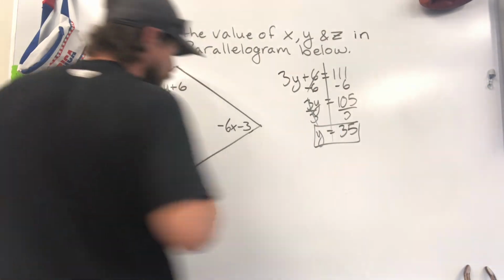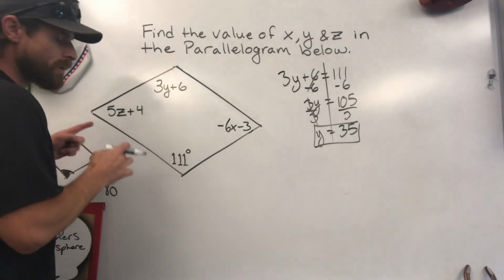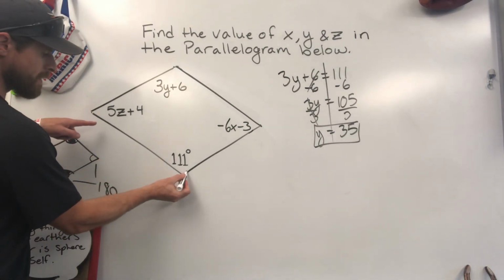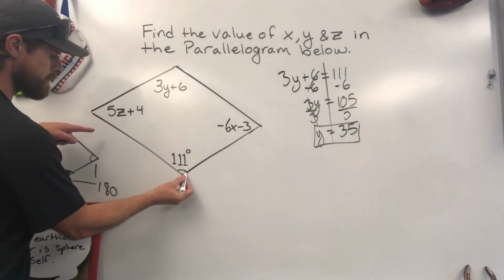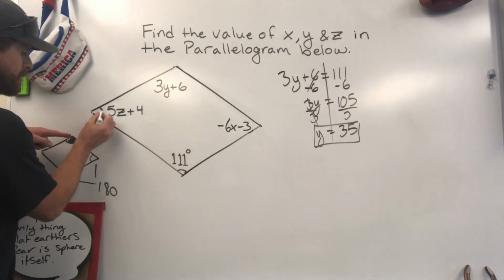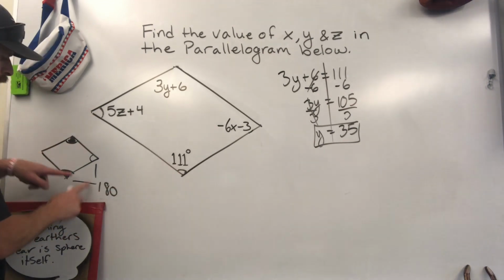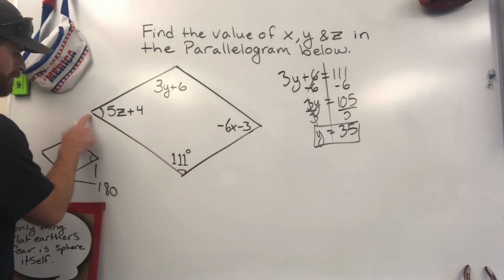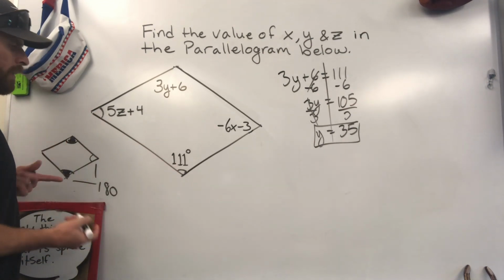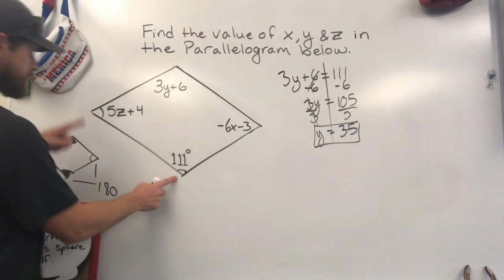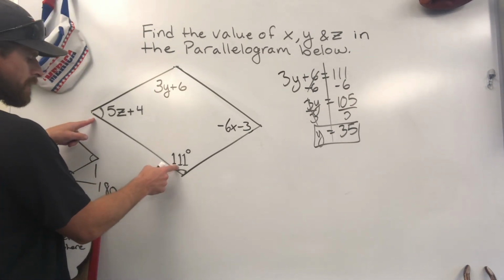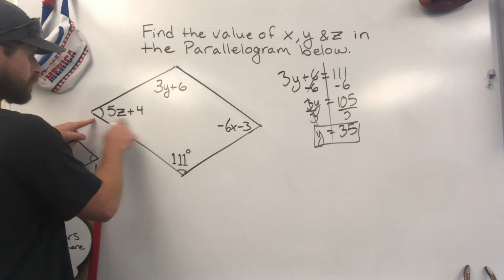Okay, find somewhere else to work now, because now what you're going to need to do, we know that this is 111 degrees, and then this added to it needs to make 180. So these two added together have to be a total of 180 because they're consecutive angles. Okay. Well, how would we do that? If we know this and this is 180, we already got 111, so this has got to be equal to whatever